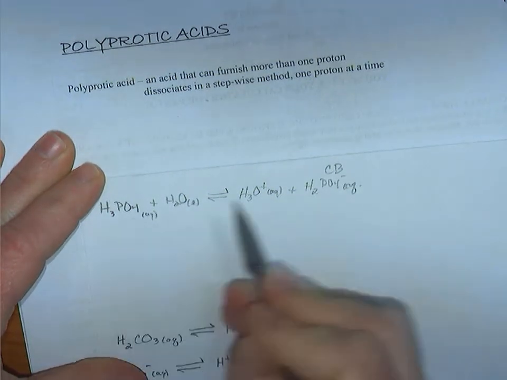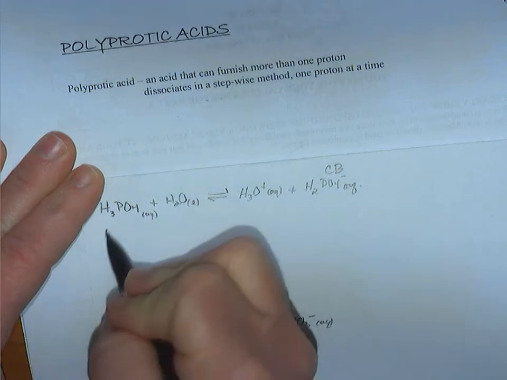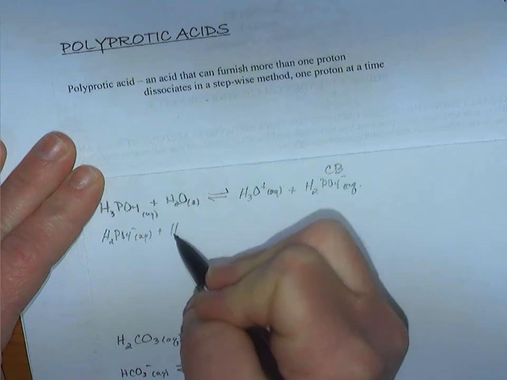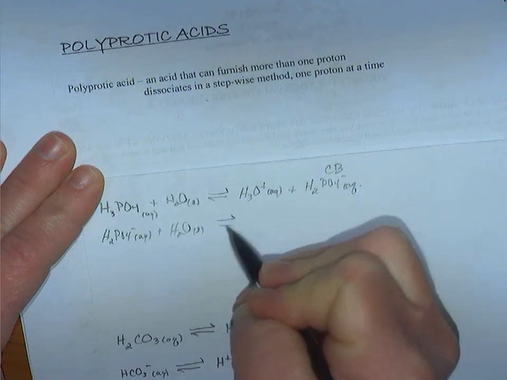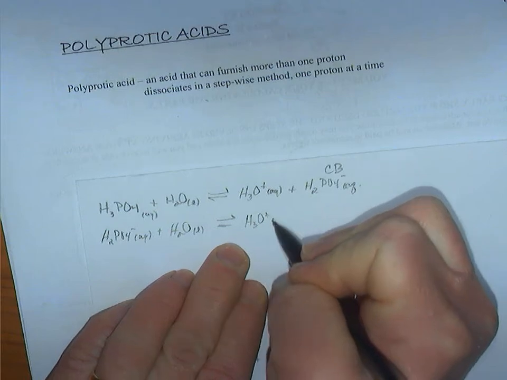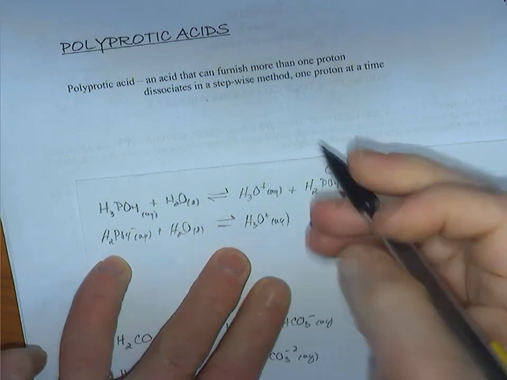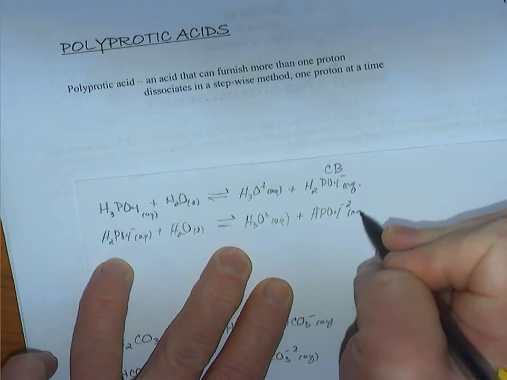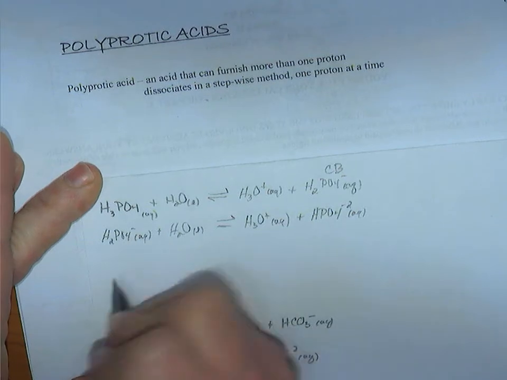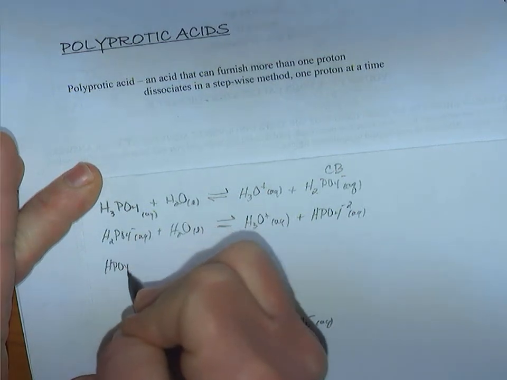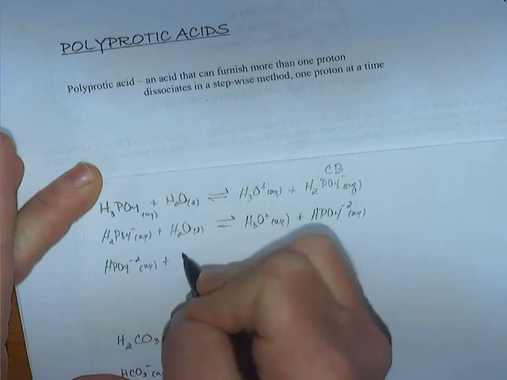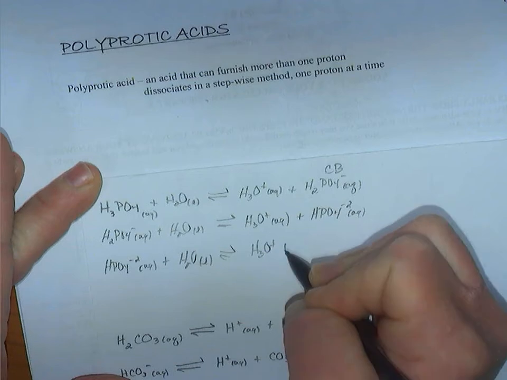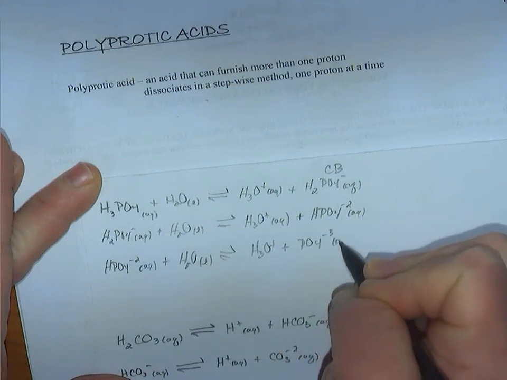However, in the presence of these species, the H2PO4 minus itself will create an additional hydronium ion, releasing the second ionizable hydrogen. And then we get HPO4 minus 2. And then the HPO4 minus 2 can release the third ionizable hydrogen. Still a 1-to-1 mole ratio. All right, so